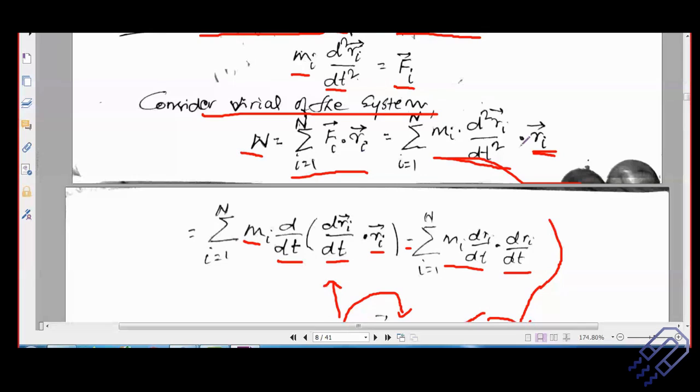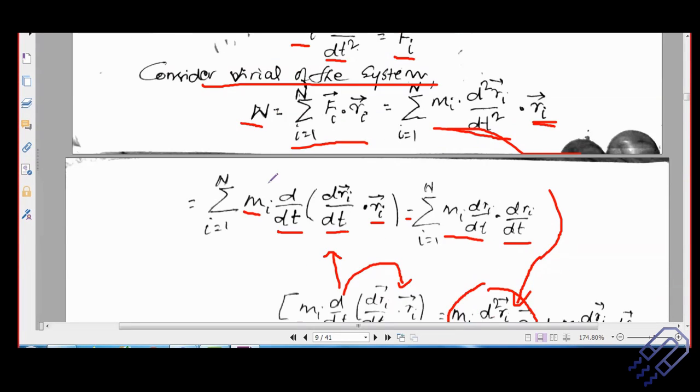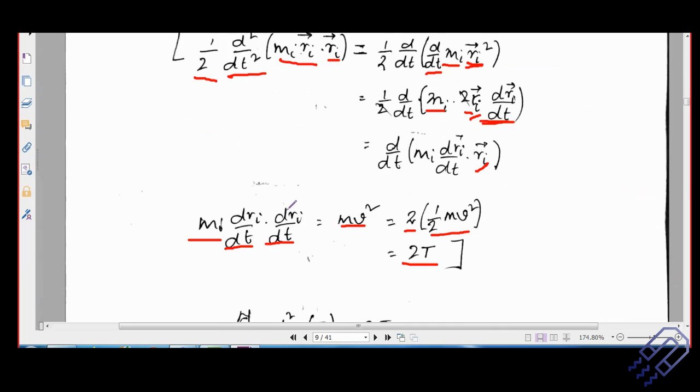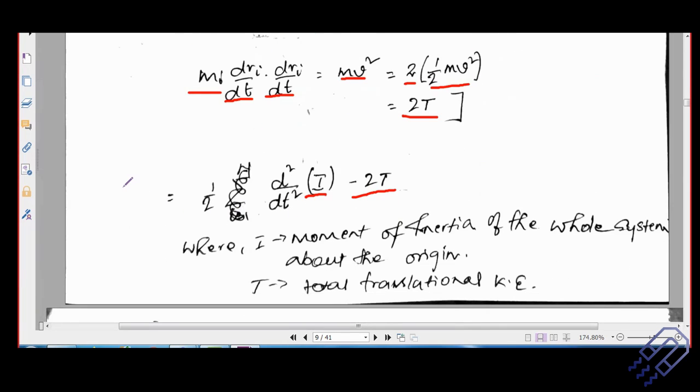We put it there, and then we do our calculation. Okay, so once we put this, if you practice it once or twice, it should be all mechanical. You should be able to arrive at the final result. So this is nothing but the virial of the system. The final virial that we get after doing all the modifications and involving moment of inertia and kinetic energy